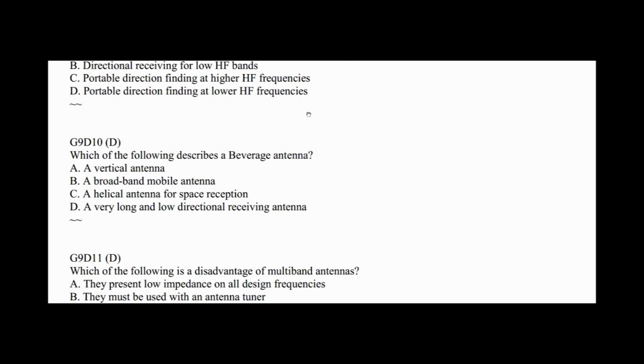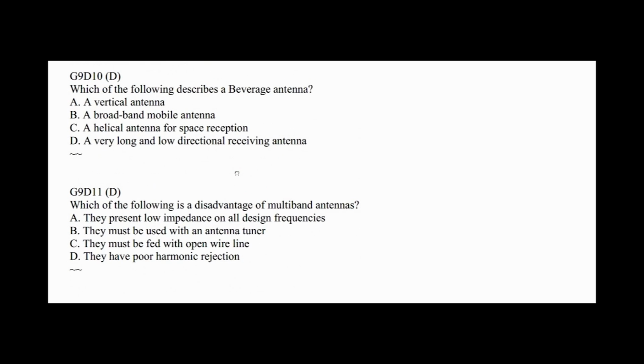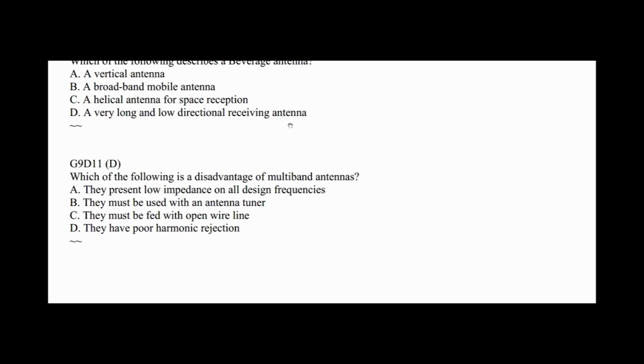It's a receiving antenna for low HF bands like 160. G9D10. Which of the following describes a Beverage antenna? I don't know why there are 3 questions on here, but it is a very long and low directional antenna. The pattern tends to be in the direction of the wire. As is true with most antennas, the longer they get, the more the pattern goes toward the direction of the wire. G9D11. Which of the following is a disadvantage of multiband antennas? Okay, their answer is